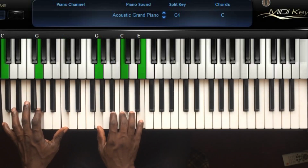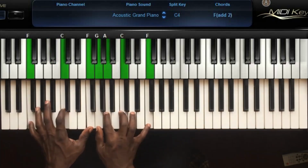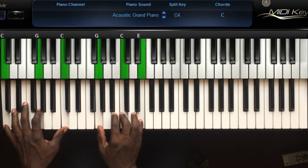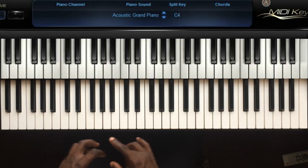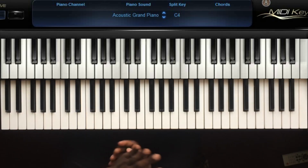So from 1, flat 7 to 4, and then back to 1. Alright, so that is the arrangement of the song. I'm going to play everything together and